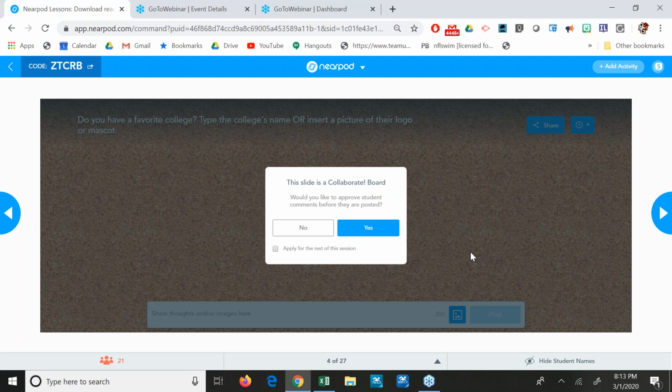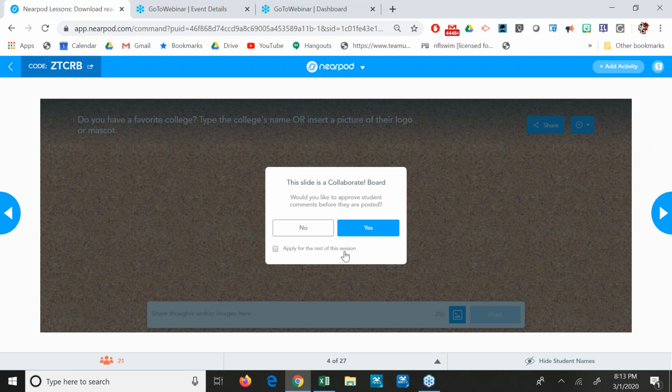All right. Now, what we're going to do first, this is the next slide that you see now on your screen. Again, this is an engagement tool that Nearpod offers, and this slide is what's called a collaborative board. It's called the Collaborate board. So basically what you're going to have here in a second is the ability to take a Post-it note, type something on a Post-it note, and stick it on the corkboard.